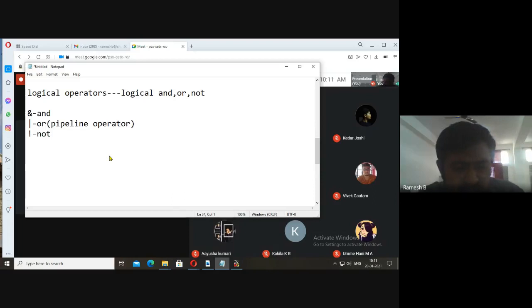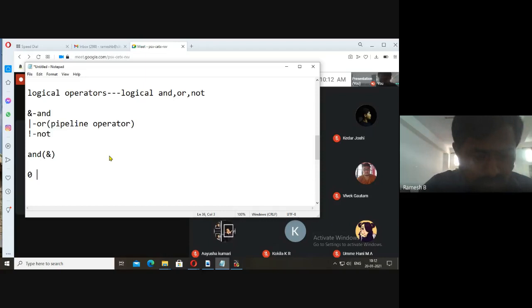Let me start with the AND operation. This operator performs logical AND. Whenever we say logical AND, 0 and 0 is 0.